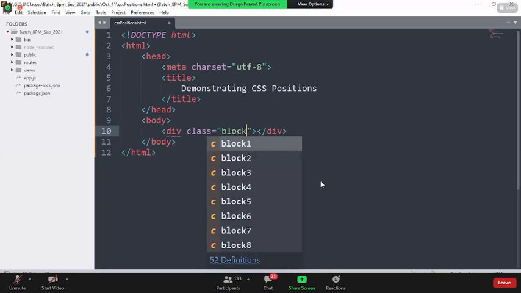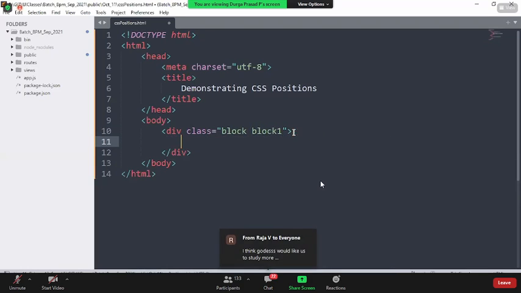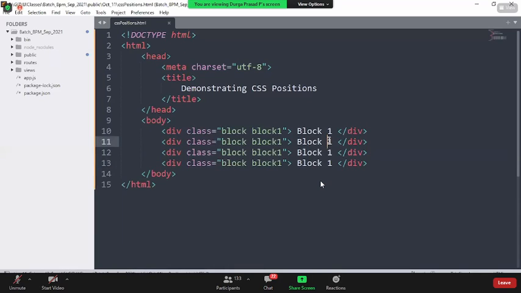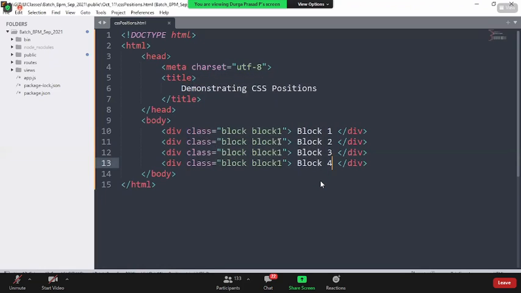Say something called some block. Block 1. Block 1 content. So let us go with block 2, 3, and 4. This is block 2, 3, and 4.